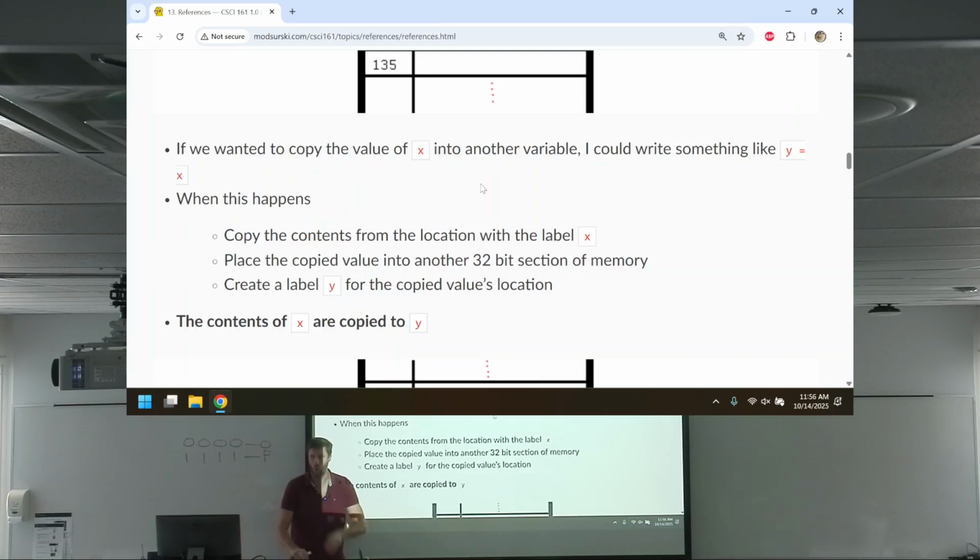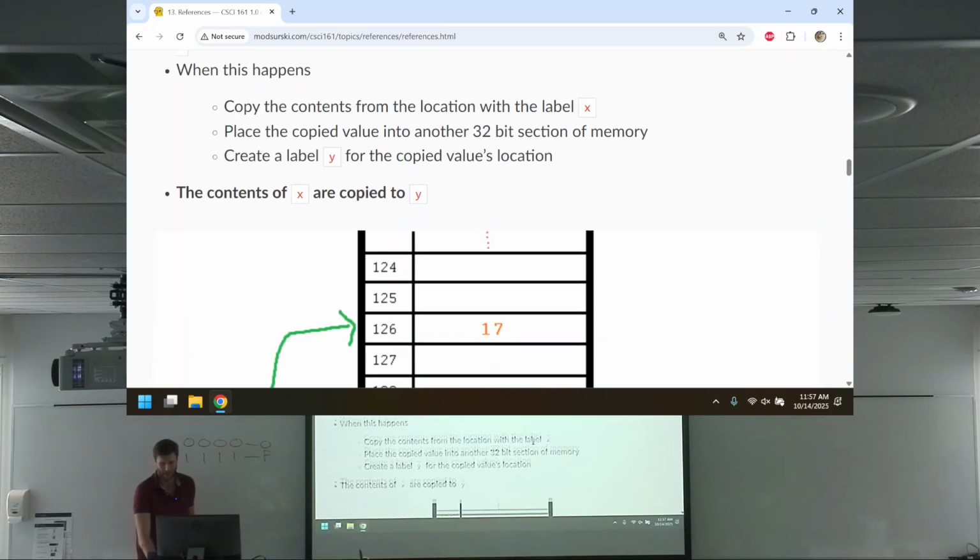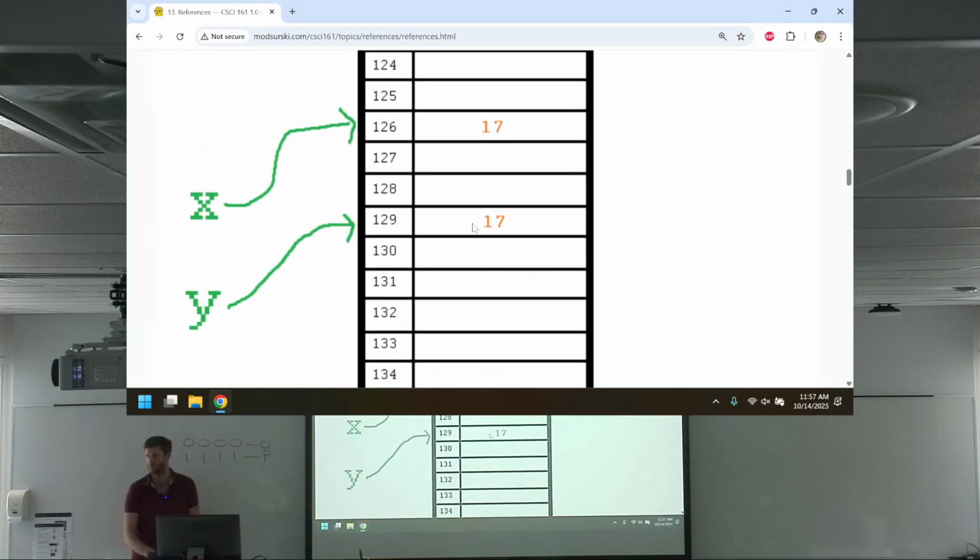If I say y equals x, the computer will go and copy the contents where x is, 126, and put it somewhere else, where y is, okay? So it copies the contents at the memory location with the label x, and it places the copy somewhere else, okay? So it says, there's a 17 here, and I'm going to copy it and put it